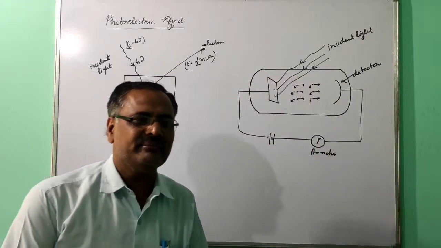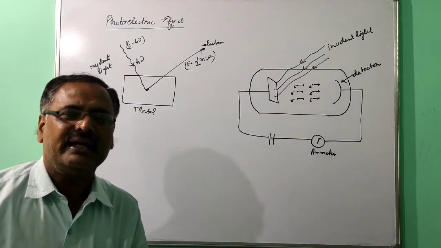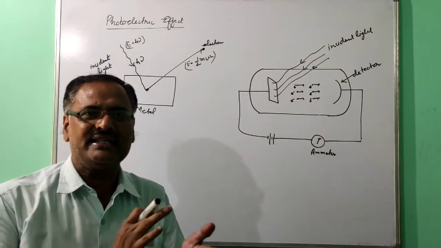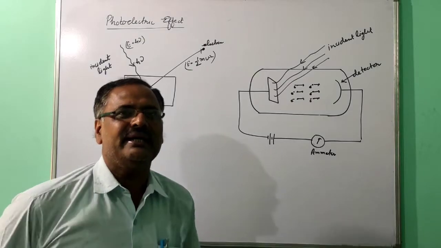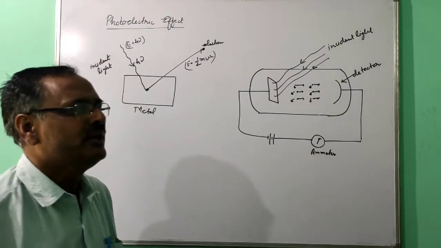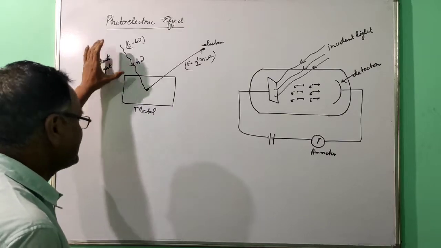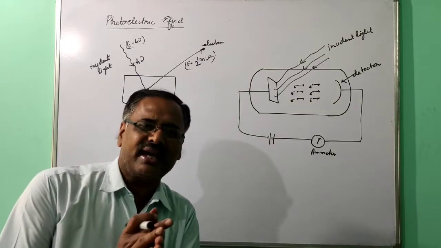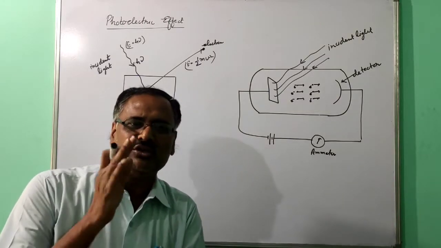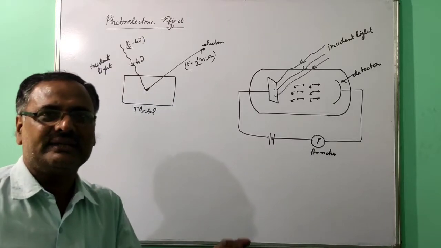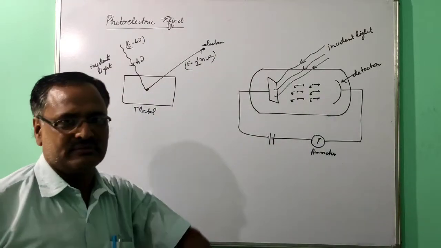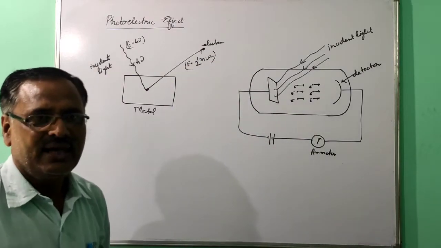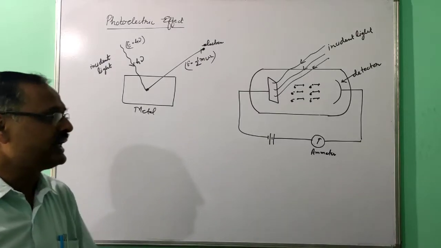If you take any atom, electrons are there and these electrons are bound to the nucleus, which means they are attached to the nucleus. So when you supply energy in any form, here the incident beam of light, what will happen? The force attaching the electron to the nucleus of the atom is overcome, and now the electron is free. The electrons which come out are called photoelectrons, and this phenomenon is called the photoelectric effect.